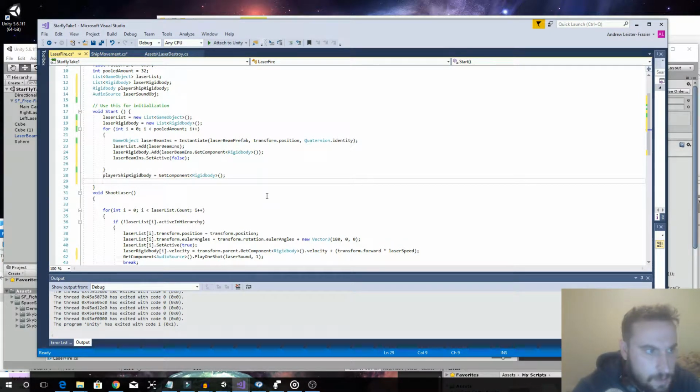And make sure that's outside of the for loop. That's important. The player ship rigid body that I just typed in is outside of the for loop, so make sure you do that. Very important. Then the laser sound object is equal to GetComponent